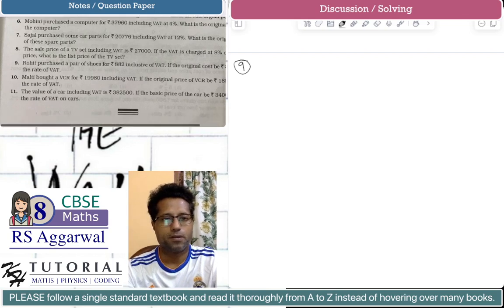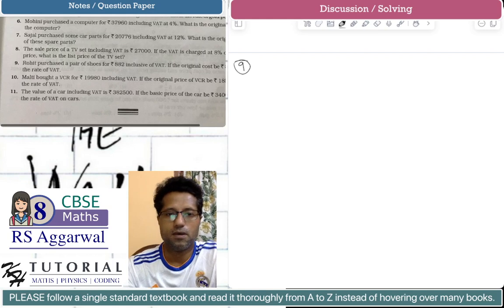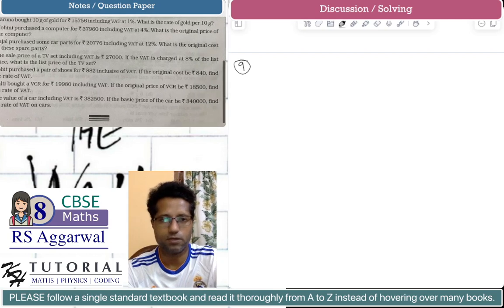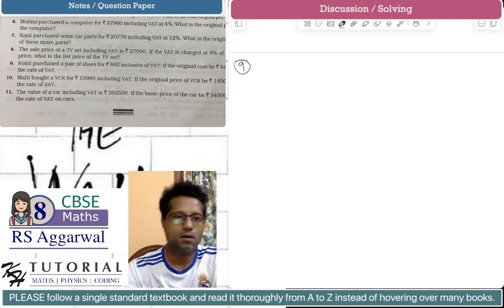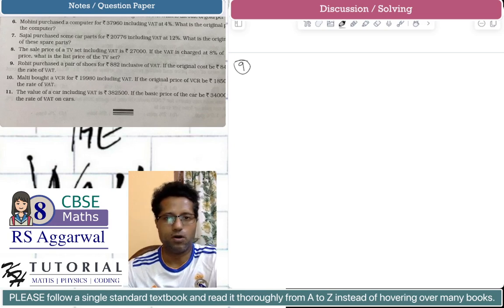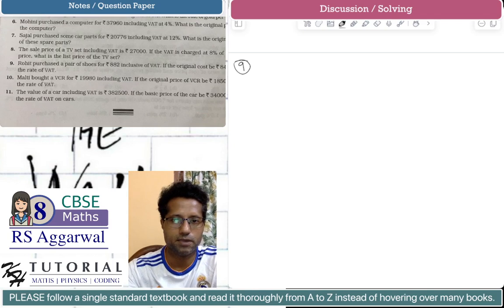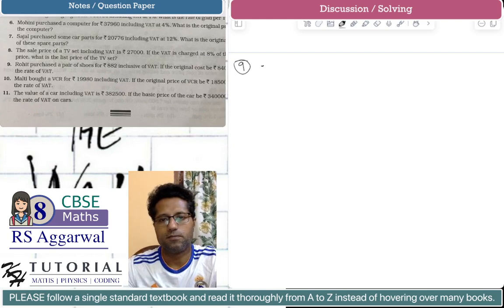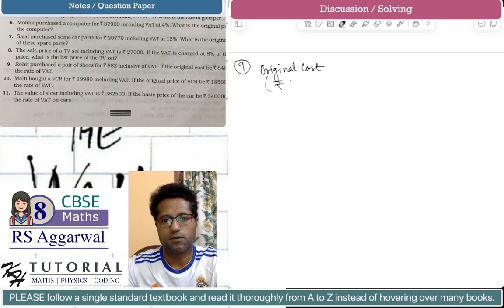Problem number 9. Rohit purchased a pair of shoes for rupees 882 inclusive of VAT. If the original cost be rupees 840, find the rate of VAT. Okay, so if the original cost be rupees 840, we have to find the rate of VAT. So we have original cost is given to be rupees 840, and let's say there is an X% VAT. We are assuming the VAT percent to be X%, and so we must have